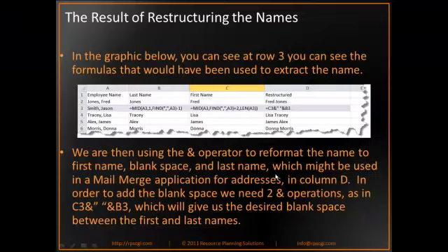So with the last name and the first name all parsed out, the end result that we were hoping to get would be to restructure the last name, first name to first name, last name with a space, so that theoretically we could use this in a mail merge application. So we got the names formatted like this out of our HRIS system. We parsed out the last name and the first name, and now we can restructure first name, last name with a space. And right here at D3, you can see the formula that's required. So here we're taking C3,